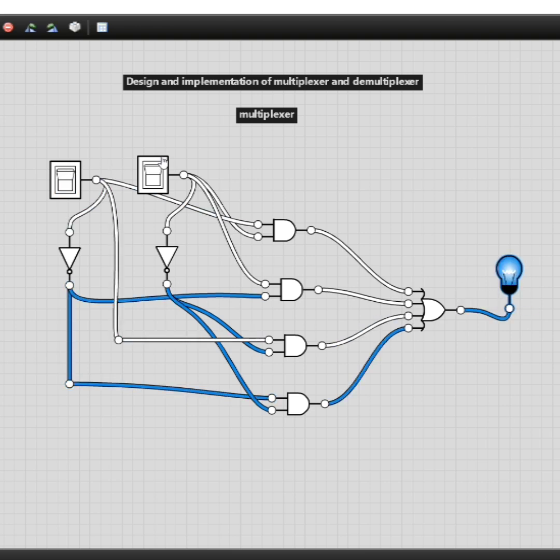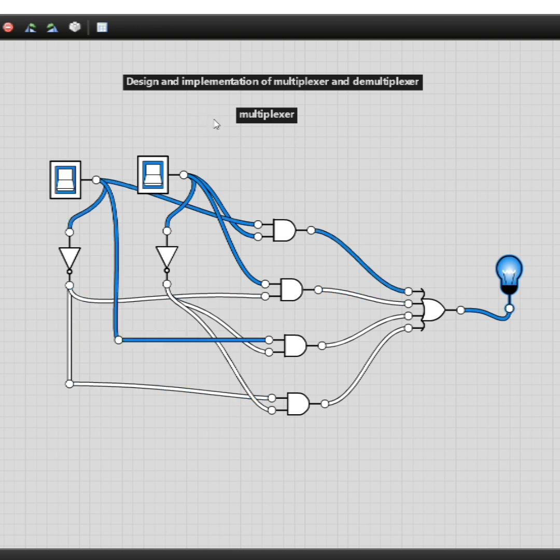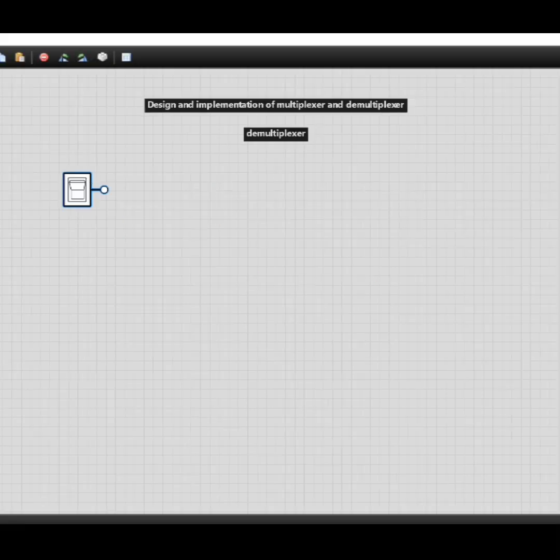One zero, sorry. 00 is 1 and 01 is 1, 10 is 1 and 11 is also 1. Final part,